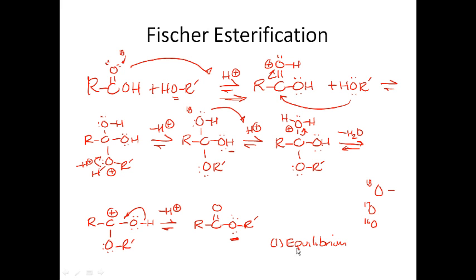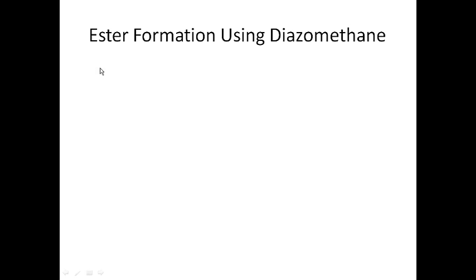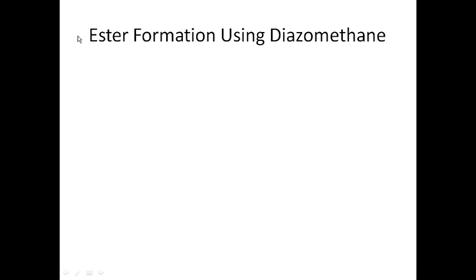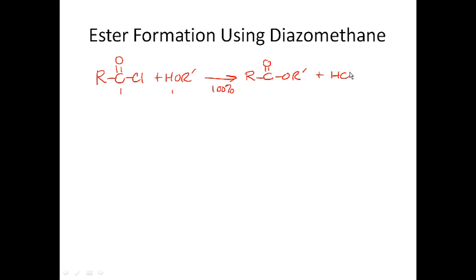That's the disadvantage. Now, one of the alternate ways around this is to do the reaction with an acid chloride. I'll talk about this mechanism in a few minutes. If we take the acid chloride and react it with an alcohol, I can get away with using 1-to-1 equivalents because this reaction goes 100%. There's no equilibrium, so I form my ester, and I would also form HCl in this reaction. Now, of course, I've got to make my acid chloride, so that's an issue. Another way that's been used